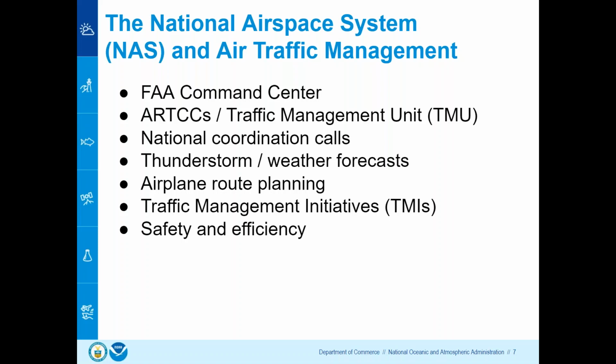So they are using that TCF forecast, the convective forecast, to help them make their decisions. And they have a set of playbooks and routes that they can refer to, to try to get airplanes around weather before it develops or right as it's developing. They can also control how traffic is going into airports and TRACONs using traffic management initiatives to try to space out traffic a little bit more if they're starting to see that they could have potential issues at the tower or TRACON level. But all in all, the whole system is in place to try to provide as much safety and efficiency as possible.